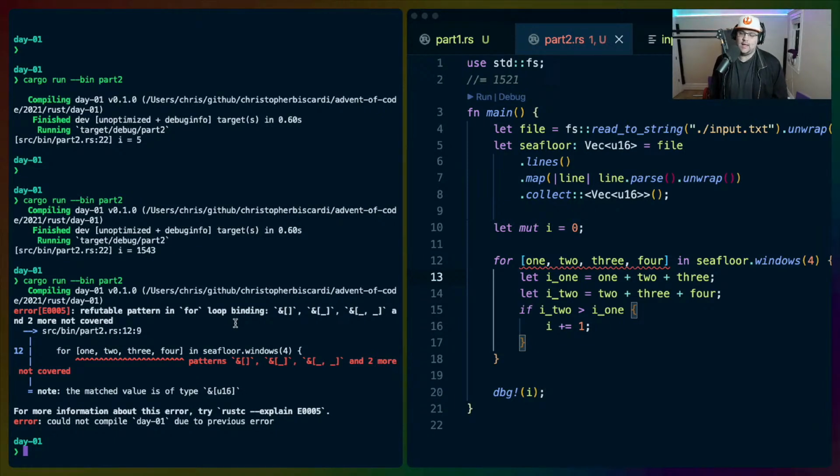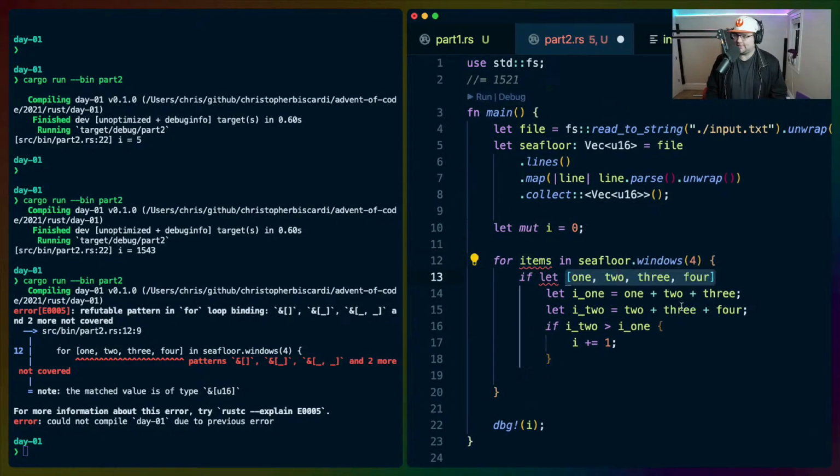I guess Windows can't propagate the fact that we've asked it for... I guess we're not using tuples anyway. So that makes sense to me, actually. If we have to return a slice, we can't actually know how big that slice is, even though we've put 4 here. So we don't actually get the type safety on the length.